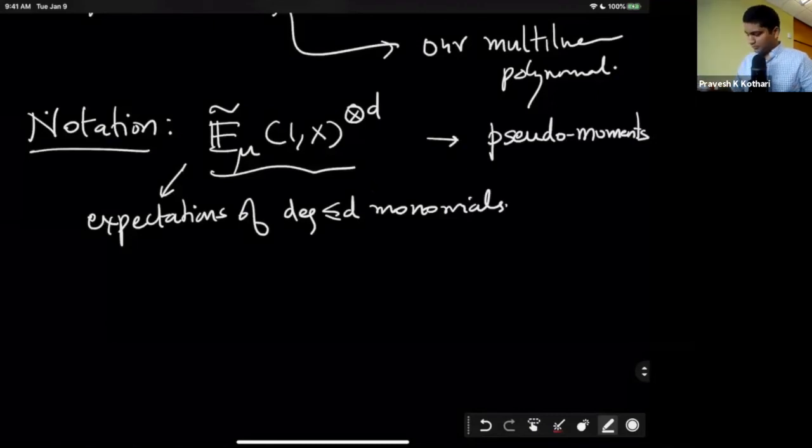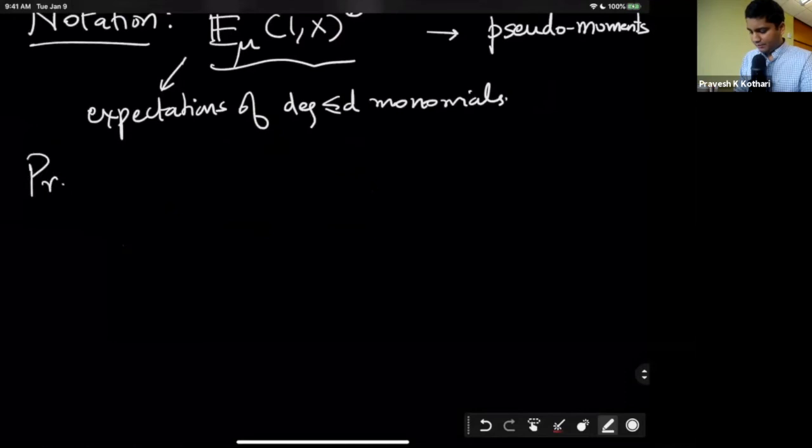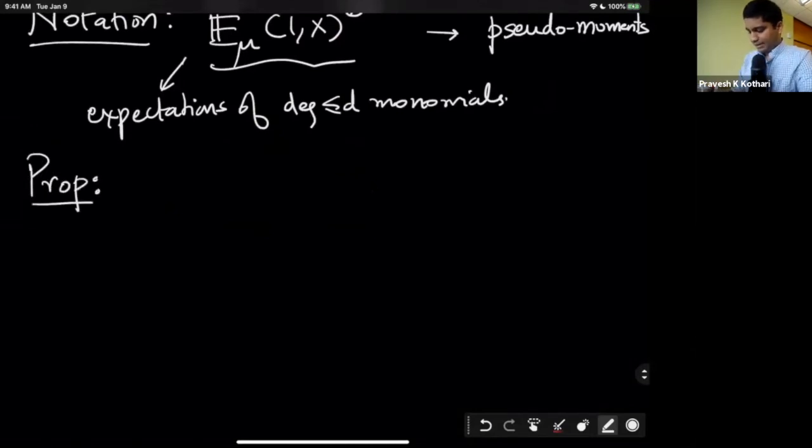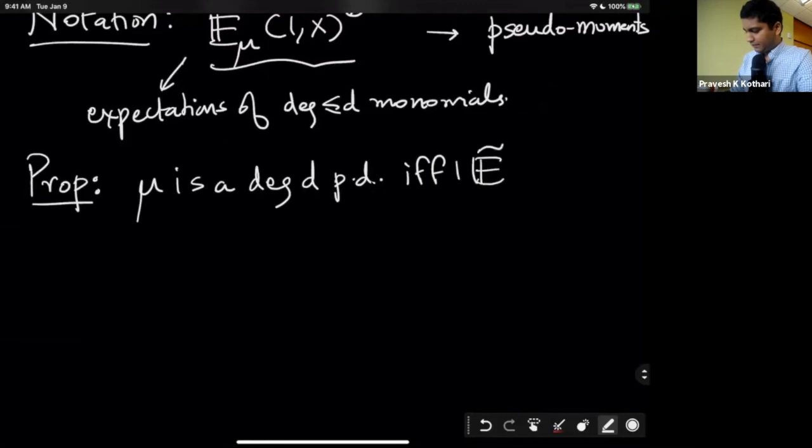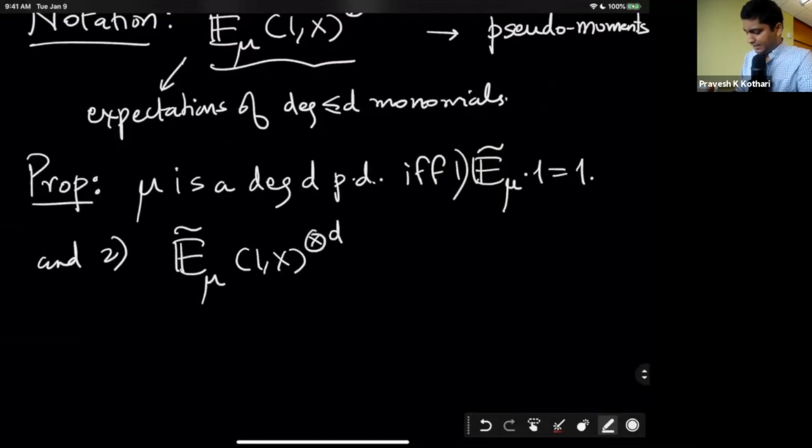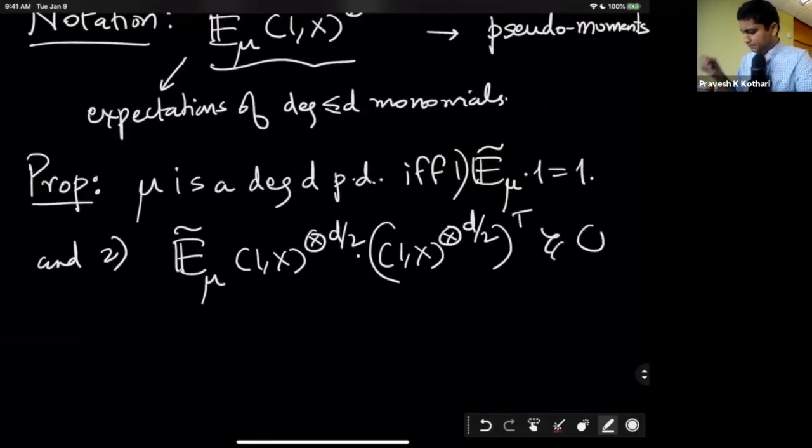Good. So here is a proposition which has a simple proof. Mu is a degree d pseudo distribution if and only if condition number 1, expectation of 1 is 1, and 2, if I look at the expectation of this matrix valued function, it's non-negative. So again, remember when we defined sum of squares proofs first, then the next thing we